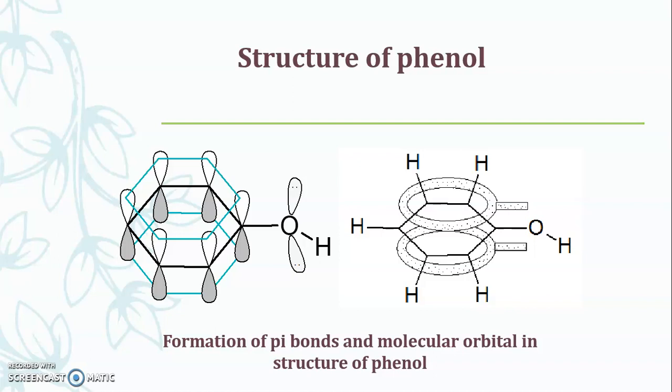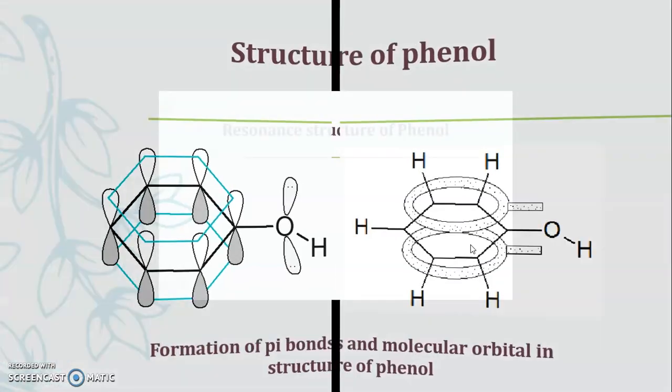This pi molecular orbital is responsible for circulating the charge, because we know that the position of the pi bond is not fixed. These pi bonds are continuously circulating, and this process is very instantaneous, and that's why a circular path is formed over this phenolic or benzylic ring, forming a circle both above and below the plane of the benzene ring. In this way the pi bonds are formed in the structure of the phenol.